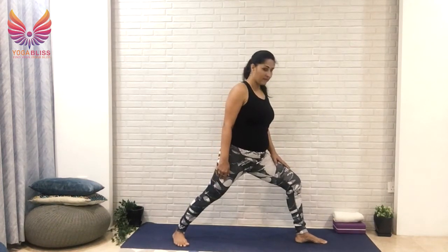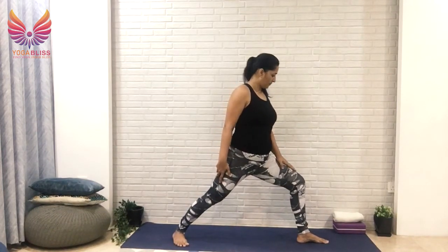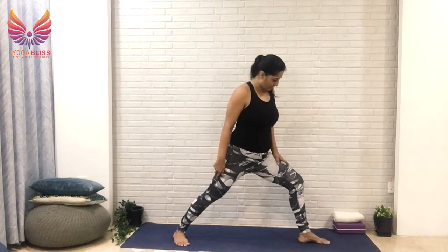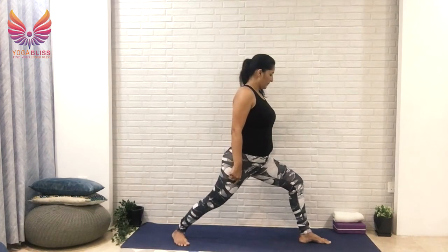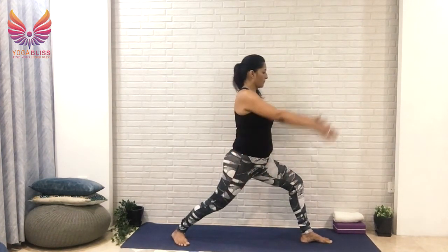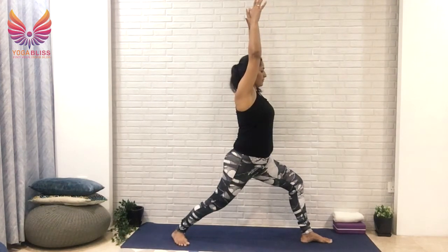Your right foot is grounded. Your right knee in line with your ankle. Your left knee in line with your ankle. Your left knee is tracking your second toe. You should be able to see your big toe. Now gently square your hips, okay? Take your arms by the side of your ears